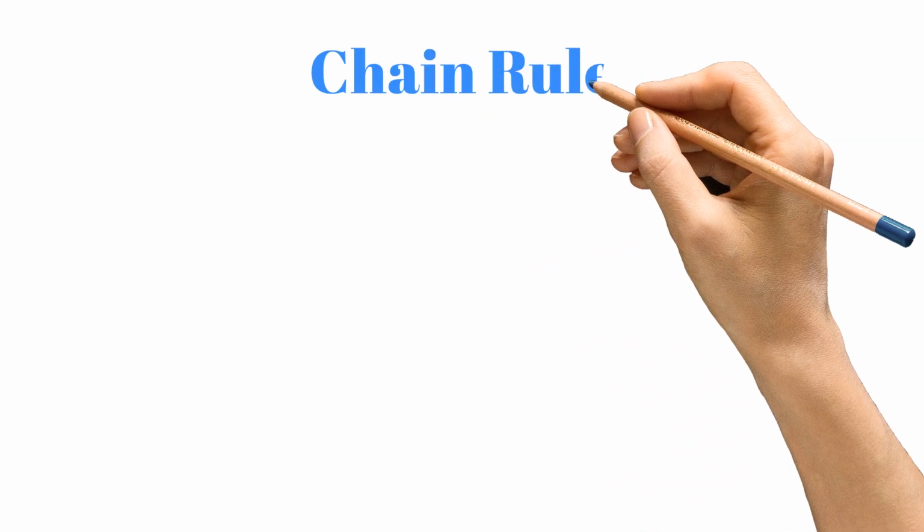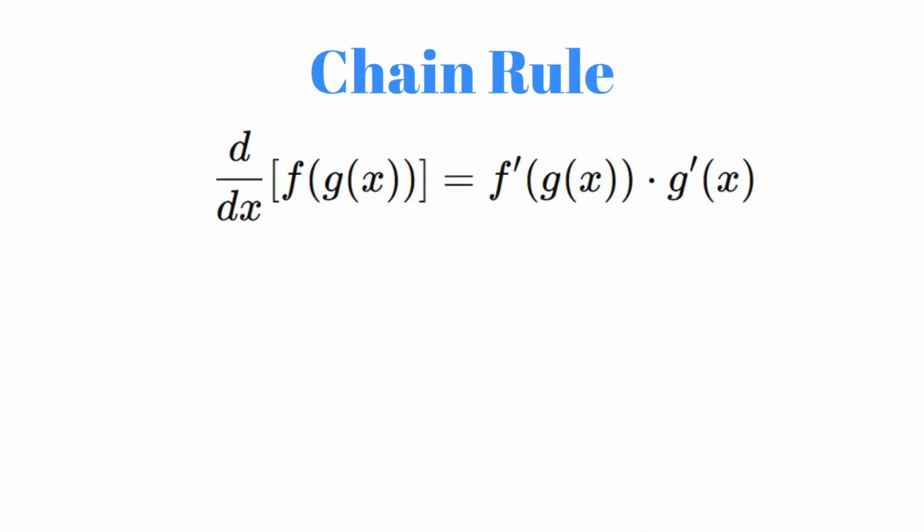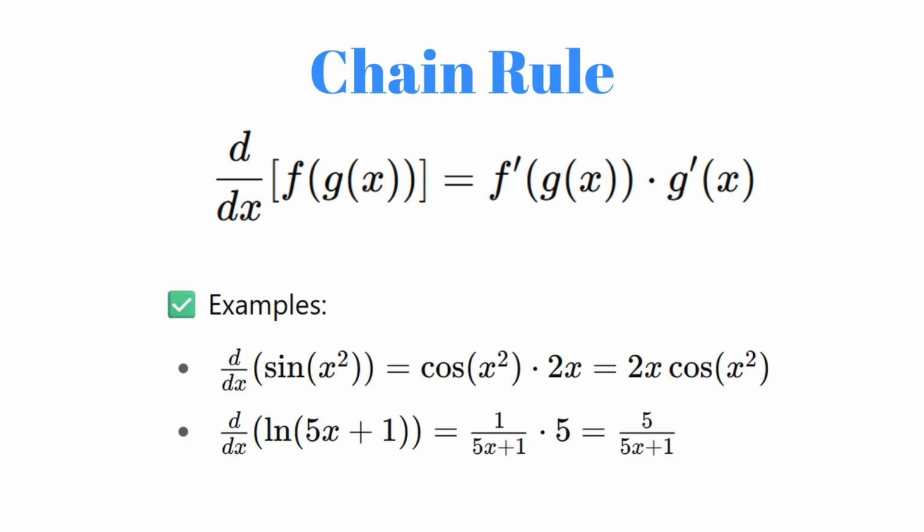Chain rule. To differentiate a composition of functions, multiply the outer derivative by the inner derivative. First example, the derivative of sine of x squared is cosine of x squared times 2x, or simply 2x cosine x squared. Second example, the derivative of ln of 5x plus 1 is 1 over 5x plus 1, multiplied by 5, which